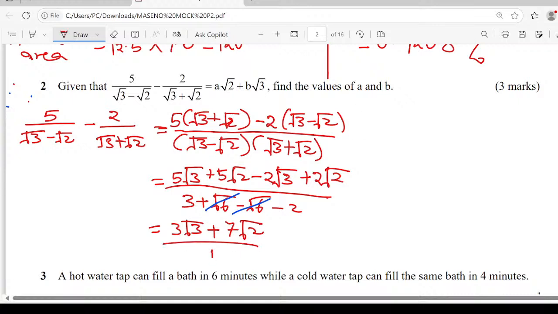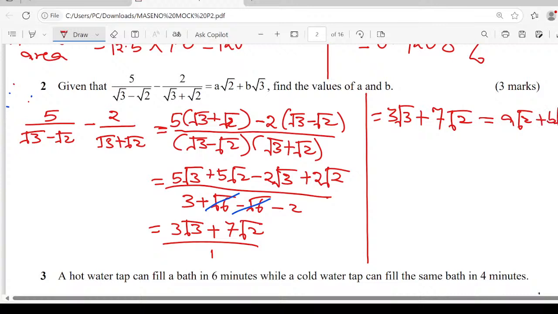Remember, I'm simplifying this concept for you learners to understand it better. All right, so this is now going to be 3 root 3 plus 7 root 2. Remember, this was 2a root 2